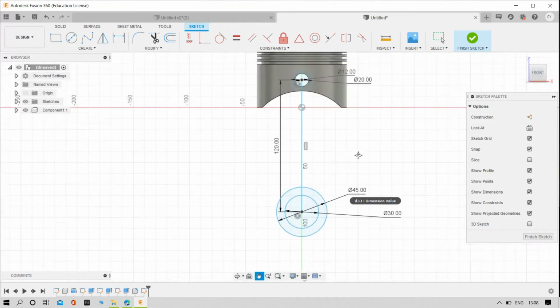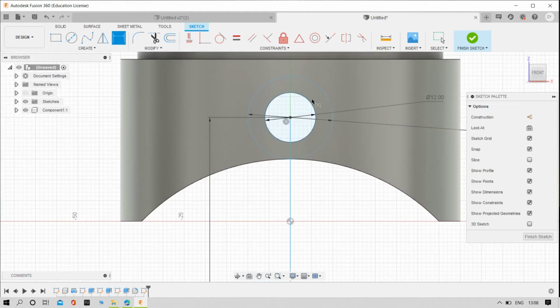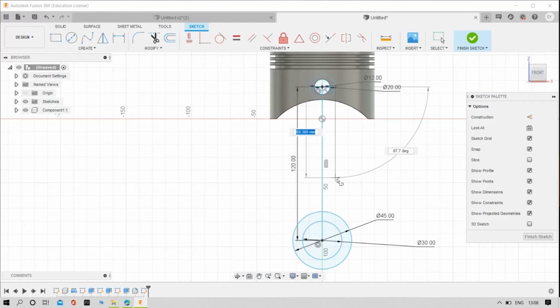And now we need to draw the lines. Select the line command. Yeah, again try to draw the one vertical line up to 90 mm.